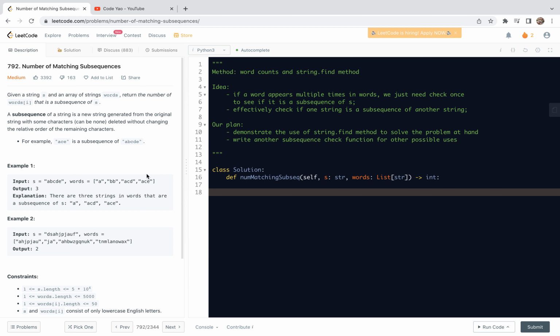Let's have a look at problem 792, number of matching subsequences. This problem is a daily challenge problem. In this video, we're going to share a method based on word counts and the find method of a string. This problem asks us to judge, for a given reference string S and a list of words,